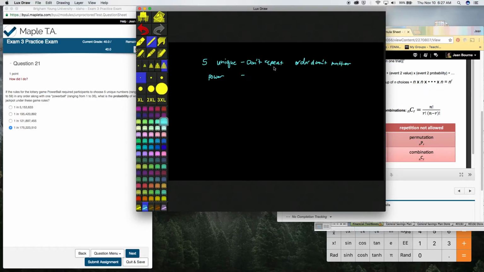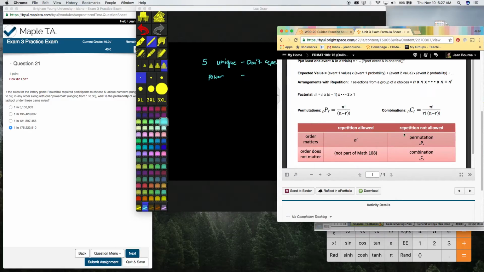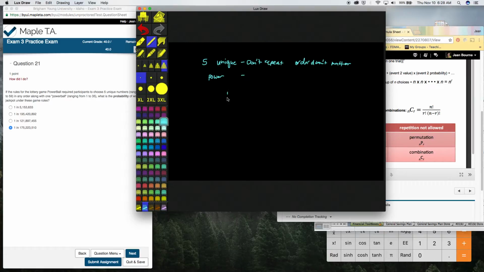They don't repeat, and they can be in any order. So order doesn't matter. What we're looking at for this one is repetition not allowed, and order doesn't matter. So we're looking at this combination again. All right, so the combination formula, once again, is